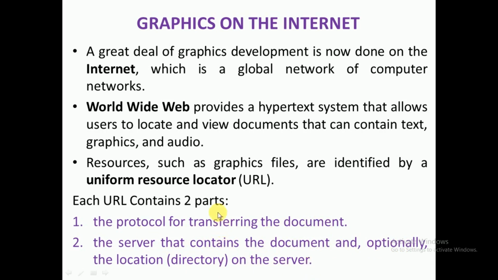Whenever you refer to a URL, it will contain which protocol you are using for transmitting data. Are you using TCP/IP? Are you using FTP? What type of data are you transmitting? Then the source where that document is. Then in that source, if you have made any directories, the directory where the document is available, that information will normally be in the URL, right?